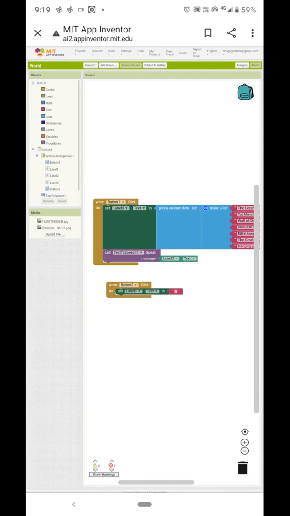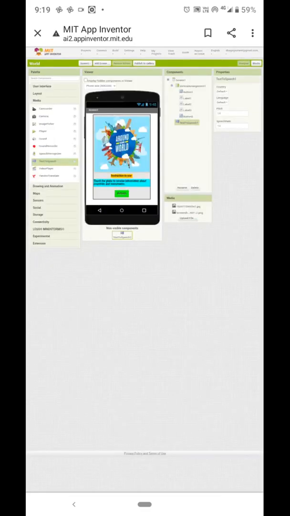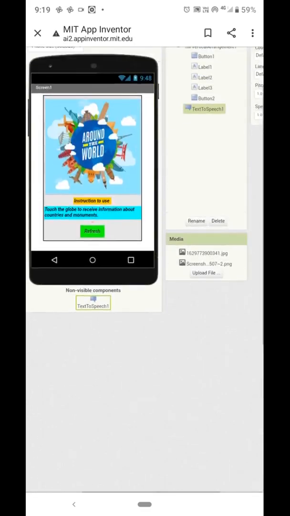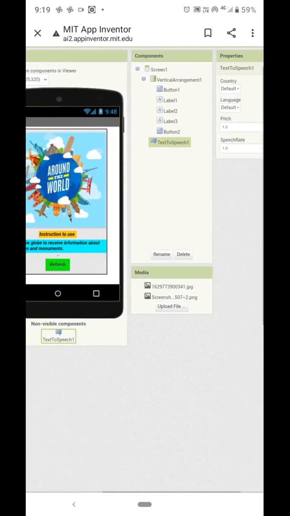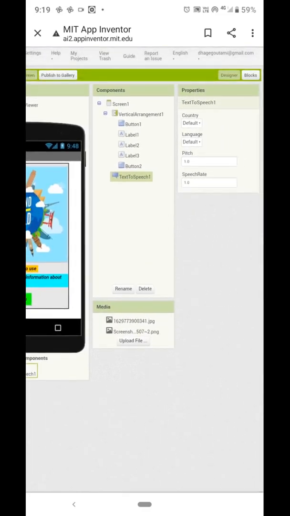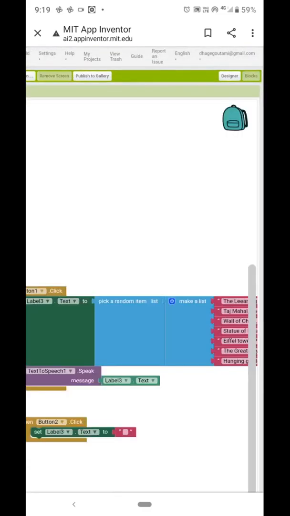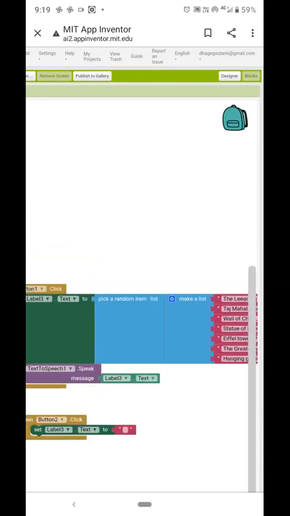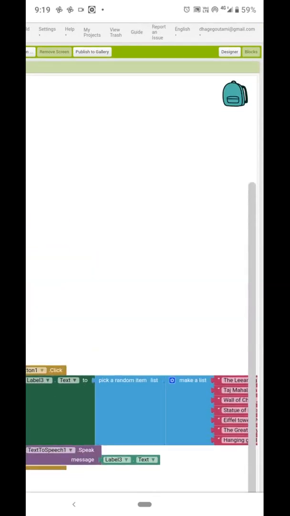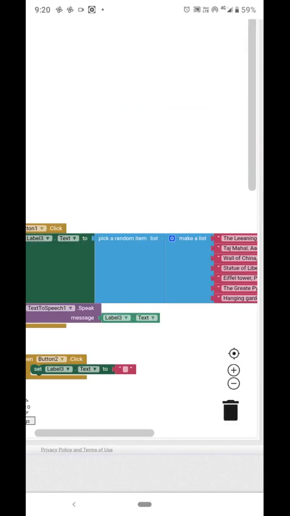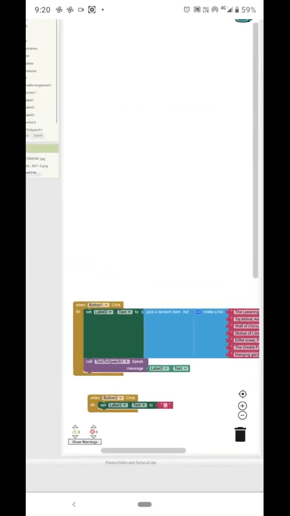Now run this program. See, this is our designing part. And this is our coding part. In our coding part, there are two buttons.